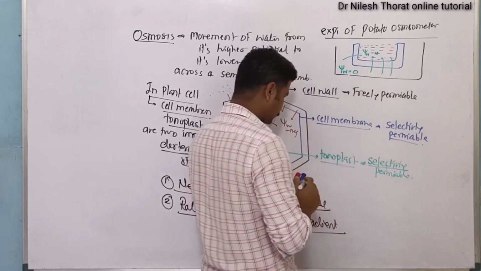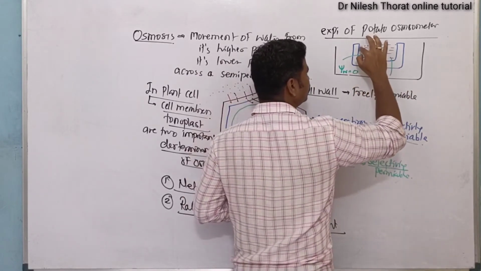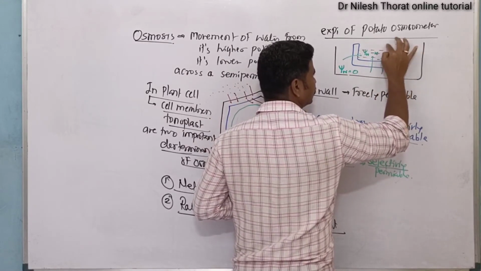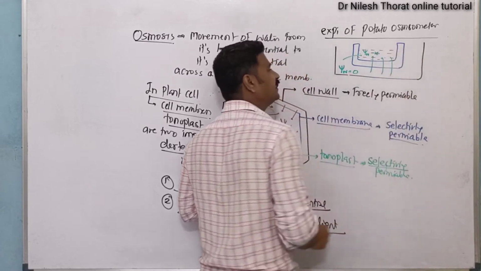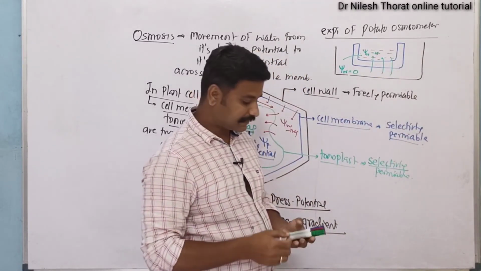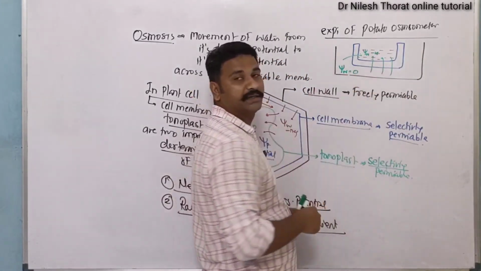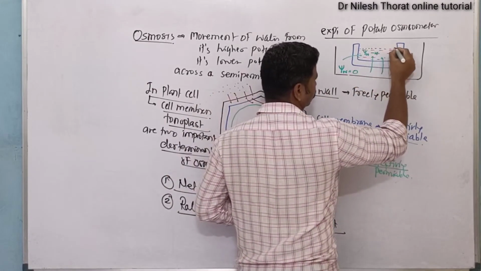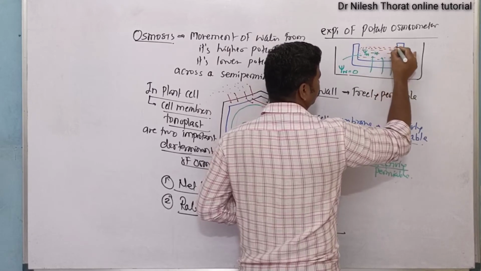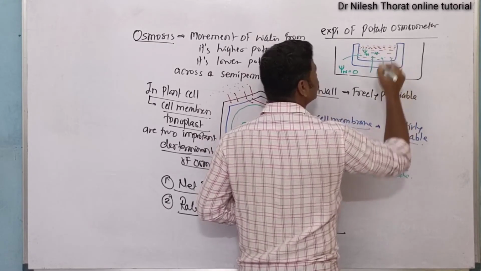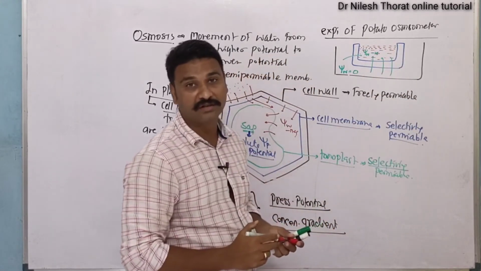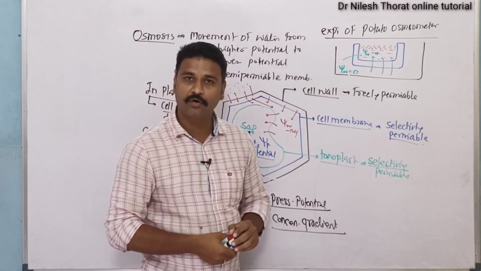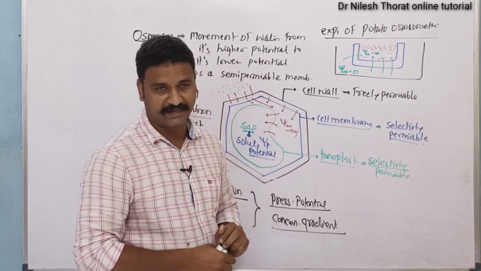So the water will move from higher potential to lower potential, and due to this, let's suppose firstly the solution is present at this particular level, and due to movement of water inside, now inside the potato you can see the increased level of water. So the water will keep on rising inside the potato as it has a concentrated solution. This was the earlier experiment which we have already performed in our lower standards.